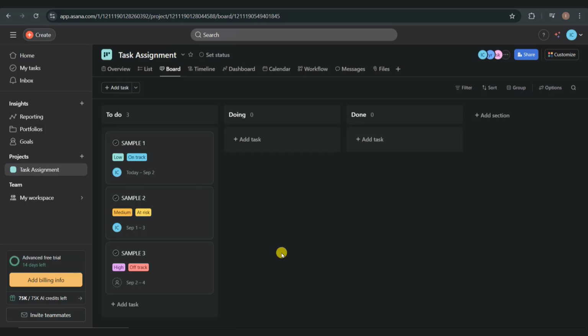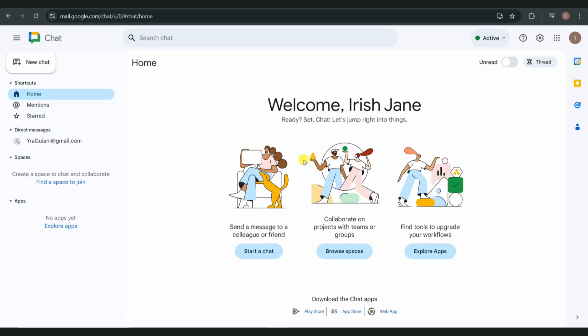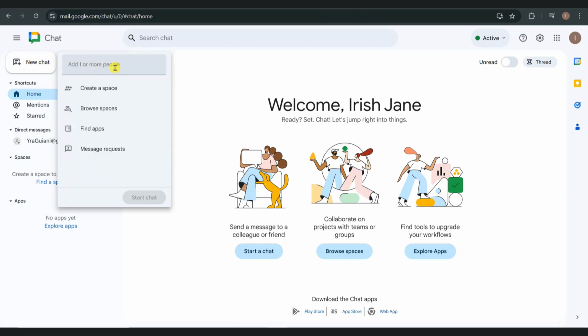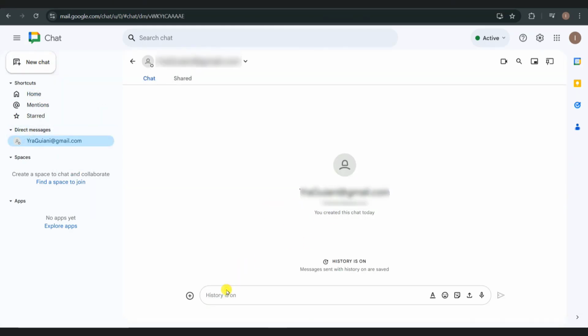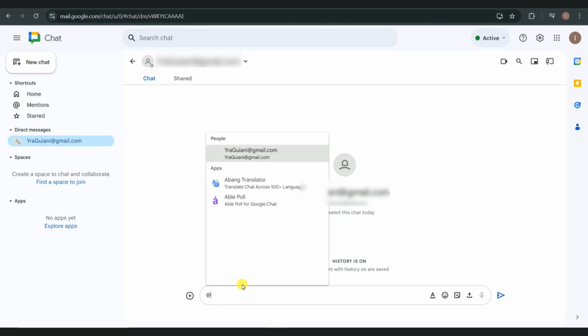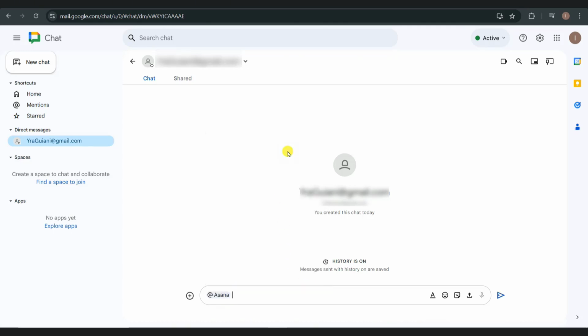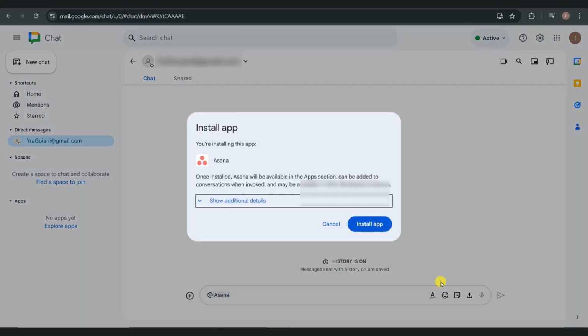So to get started, go ahead and open your browser and then head over into Google Chat. So go ahead and open Google and then select Google Chat. And then on Google Chat, go ahead and click on this new chat button at the top left of your screen. If you want to add Asana into a new chat, or if you have an existing chat where you want to add Asana, simply head over to that and then enter @Asana and then hit send,